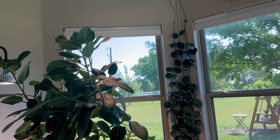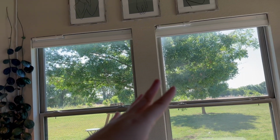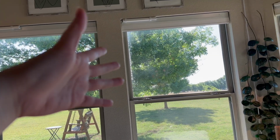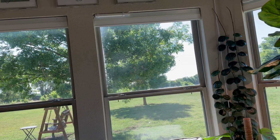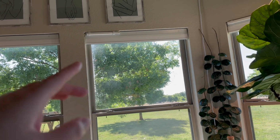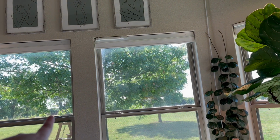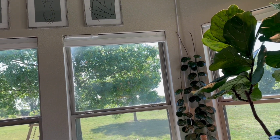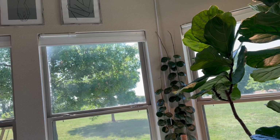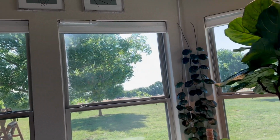I have ficuses. I know they like light and they're on these big windows, but as you can see, we have a big tree in there. It doesn't get as much light in the morning, but it does get lots of light in winter because the tree doesn't have leaves. But in the summer it's shaded. Anyway,